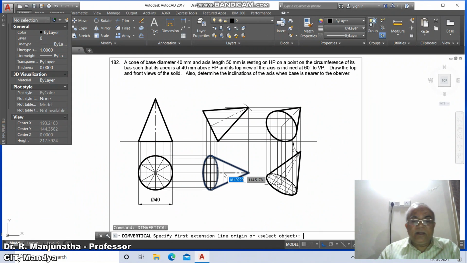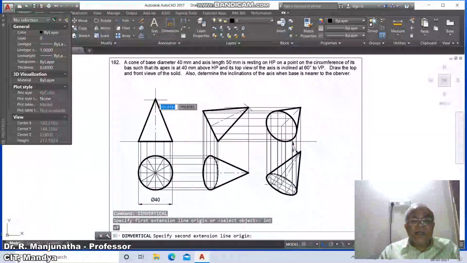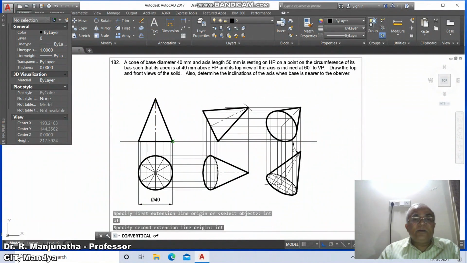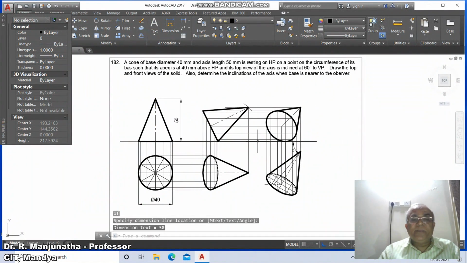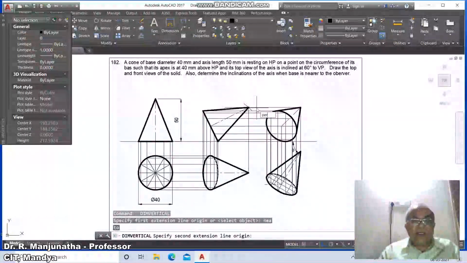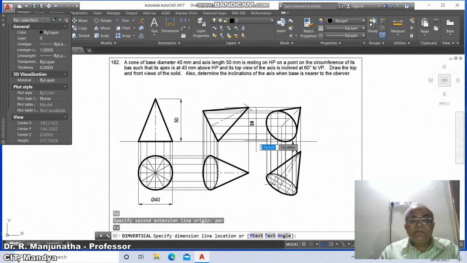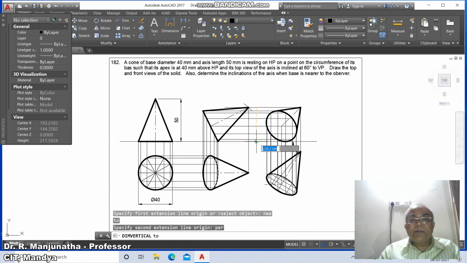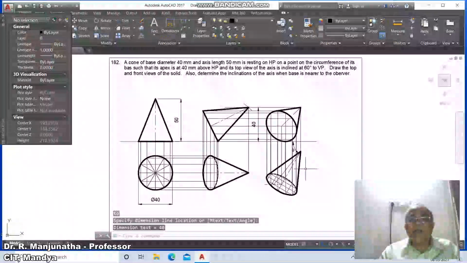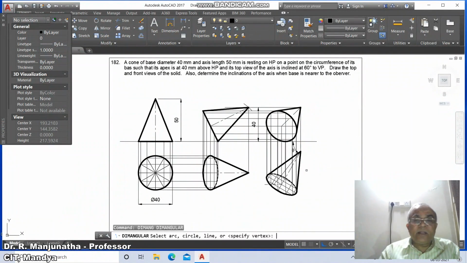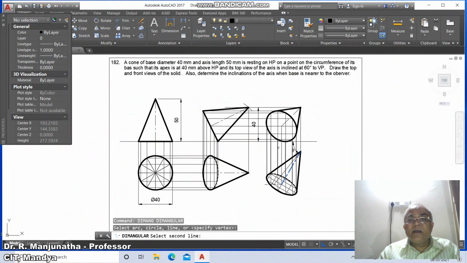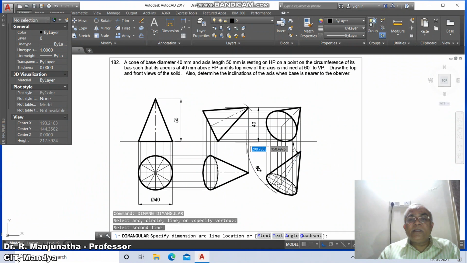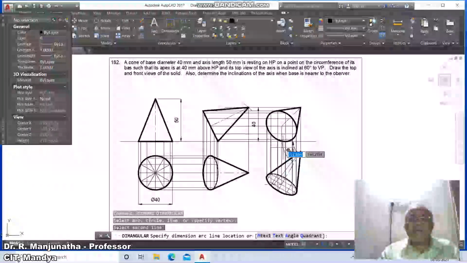Then dim vertical, take the intersection points of this, so you get the height as 50. Then dim vertical, take the nearest point on this and take perpendicular to this. Dim vertical again, take the nearest point on this and draw a perpendicular to this, and this will give you 40. Then dim angular, select between this line and this line, and take this dimension as 60 degrees.